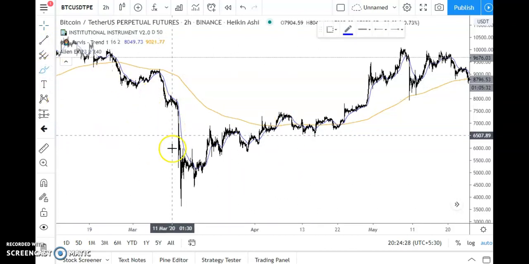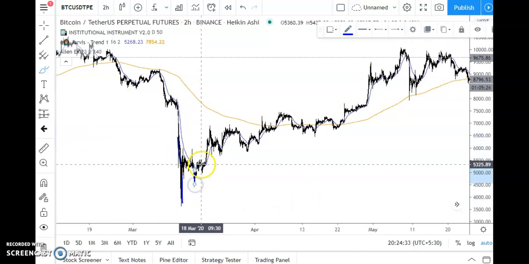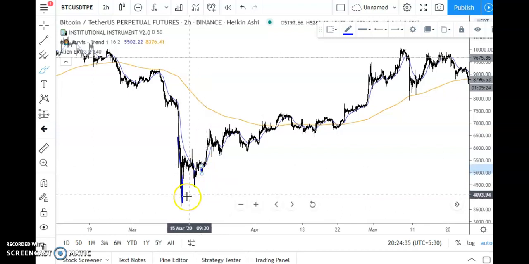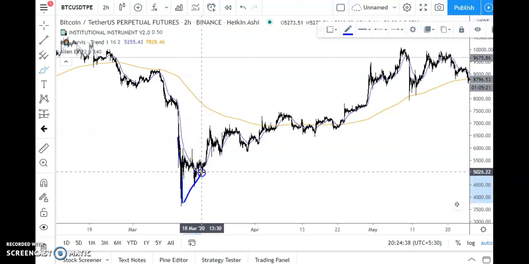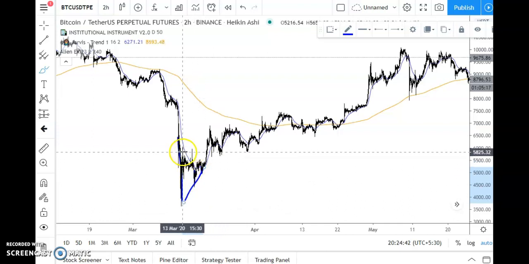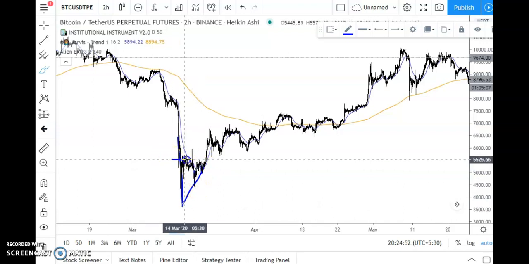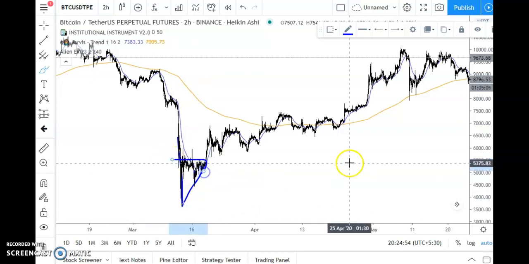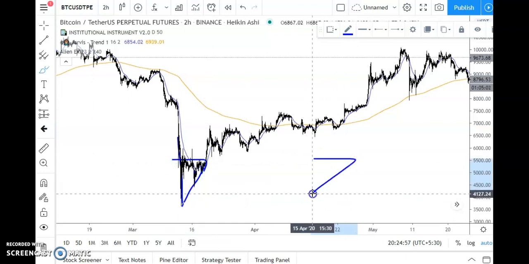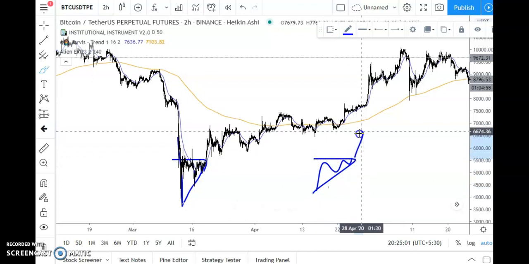You can see this is forming a higher high like this. So what you should do is start joining this using trend lines. Once the bottoms are forming at higher highs, you join all these bottoms. So you found a pattern, it will look something like this. Remember guys, if you find this pattern, it is always a bullish pattern.